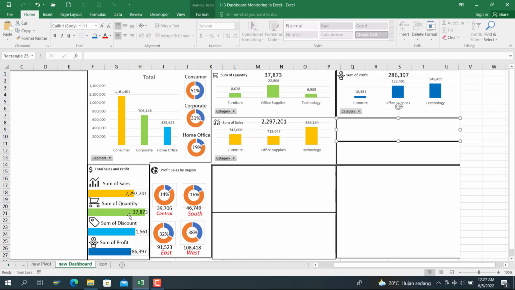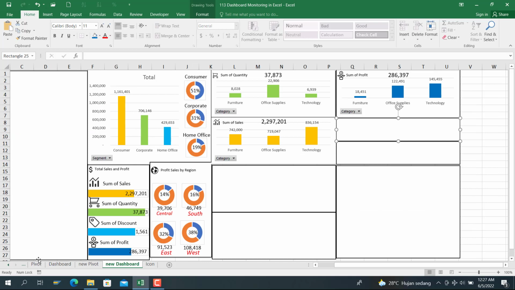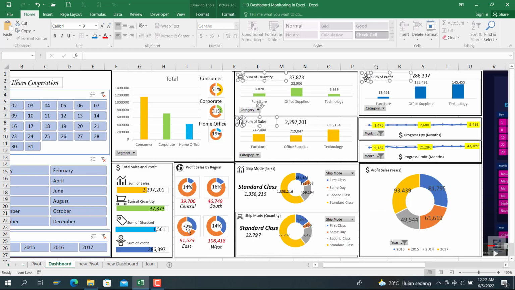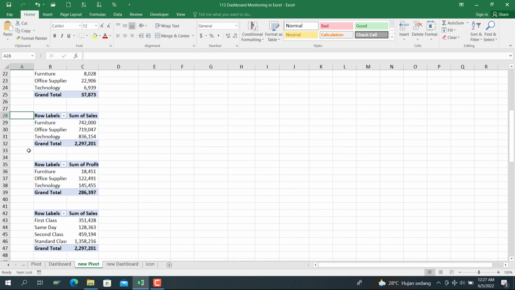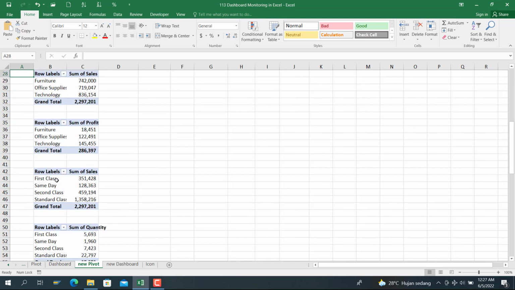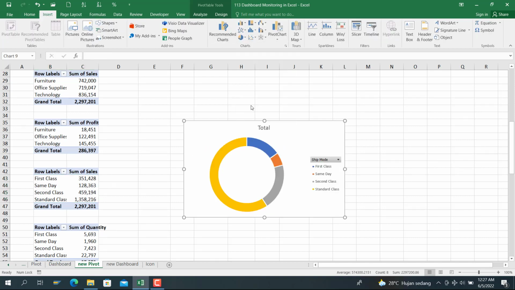Then we need to create the next one, ship mode by sales and ship mode by quantity. This is the ship mode. Sales, use the donut chart here,